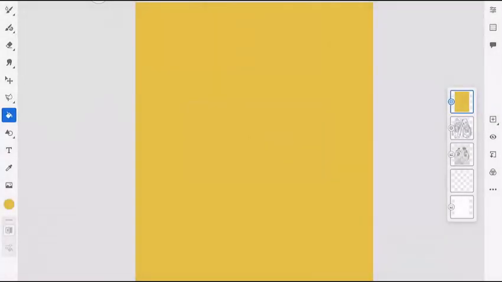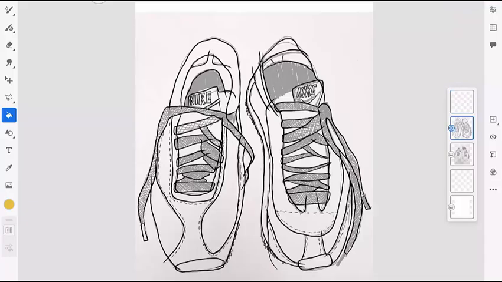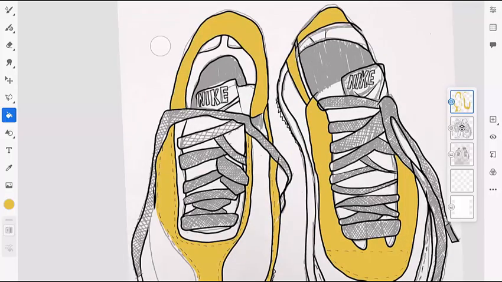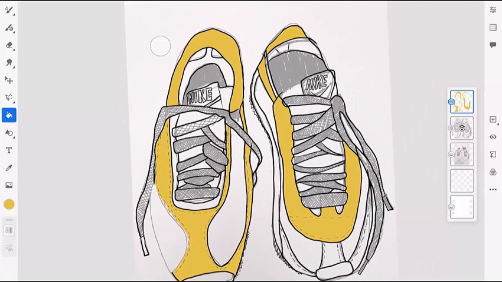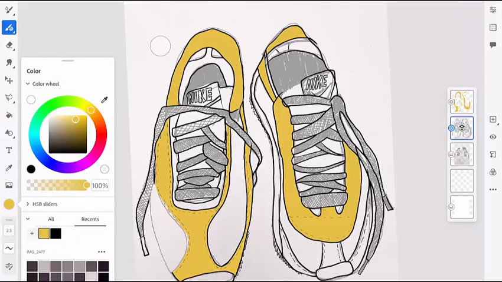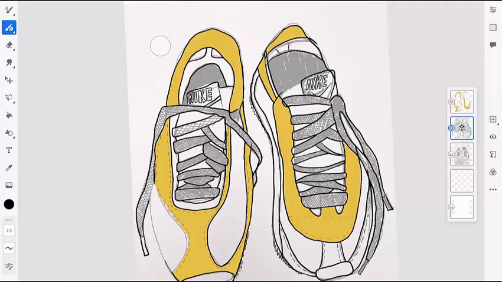I strongly recommend duplicating your line work layer before you start adding colour. This will help students document their process as they go. Once you've finished your line work, now add colour. I recommend one colour per layer. So using the add layer icon, it's over on the right hand side, it's the square with the plus. Add a layer, and using the paint bucket tool and the colour wheel tool, select your colour scheme.